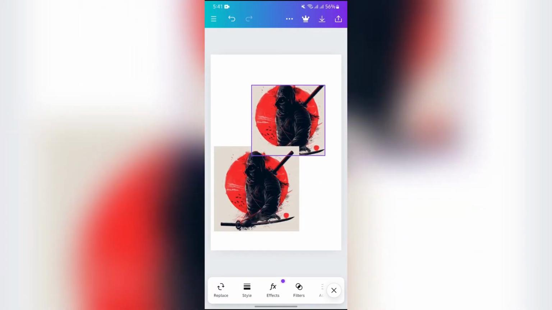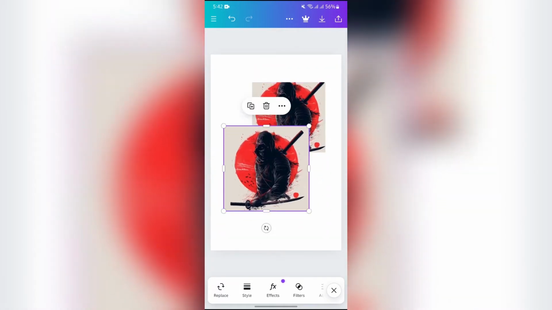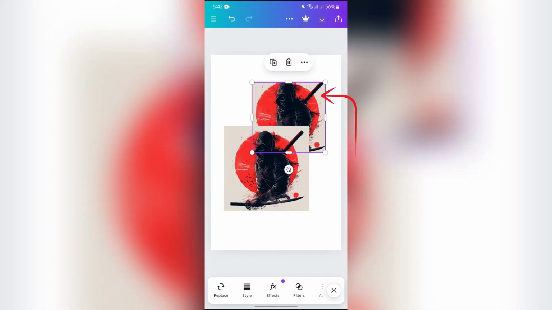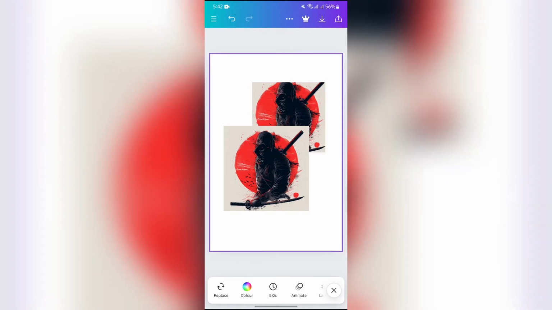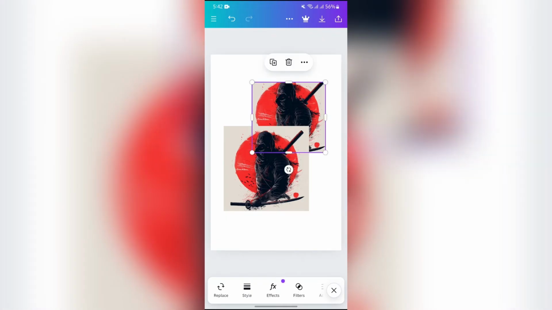I have these 2 images, and as you can see here, this one is in front and this one is in the back. Now, in order to bring this image in the back forward, you just simply have to tap into that image which you want to bring in front,